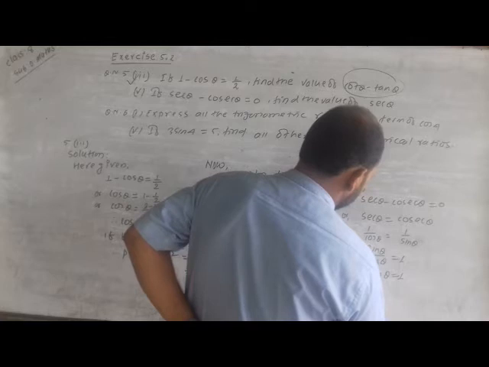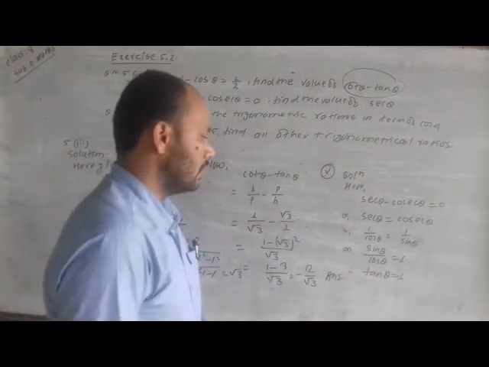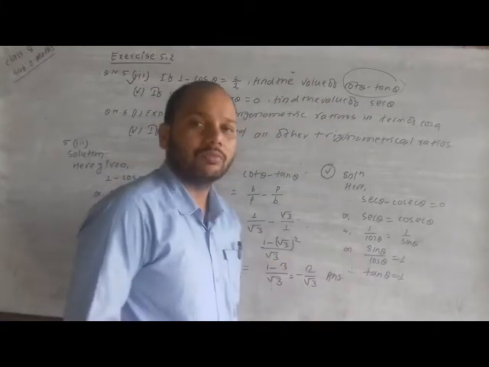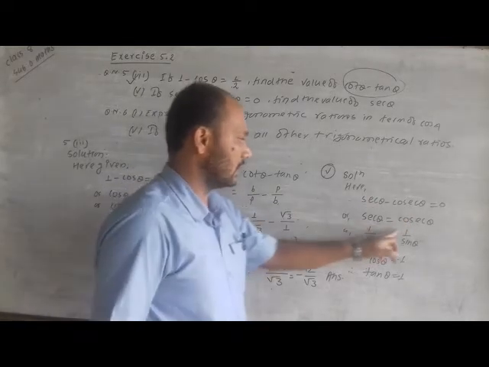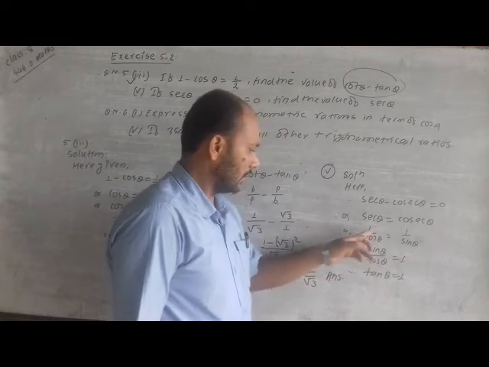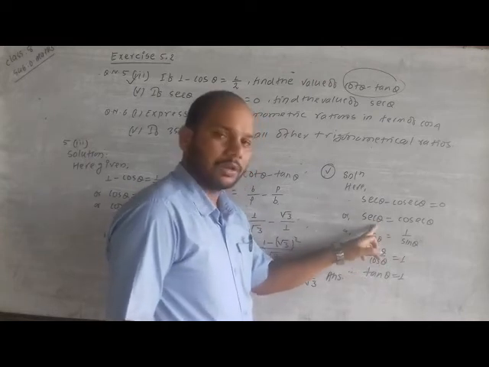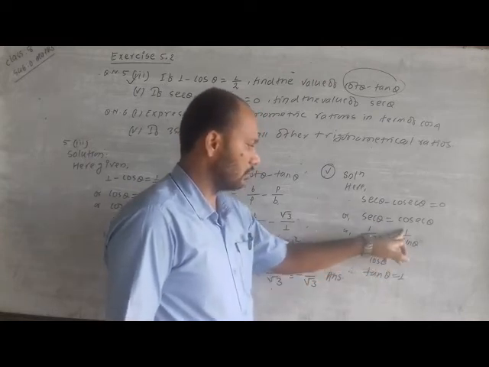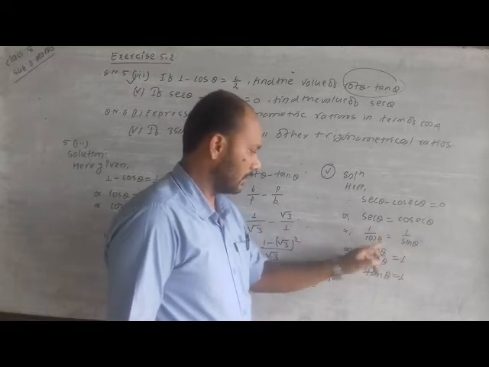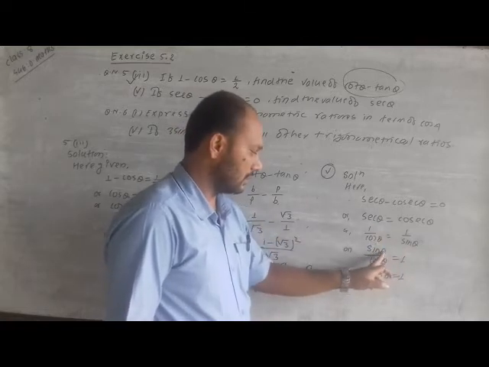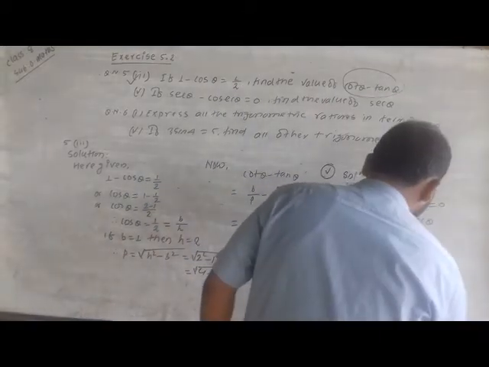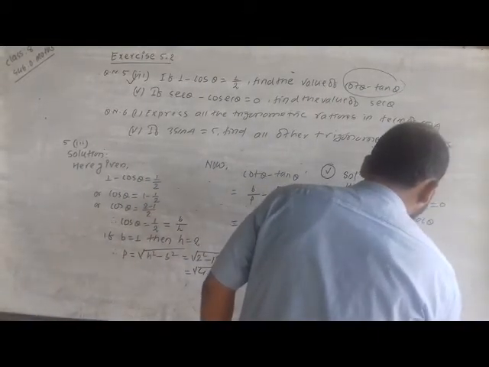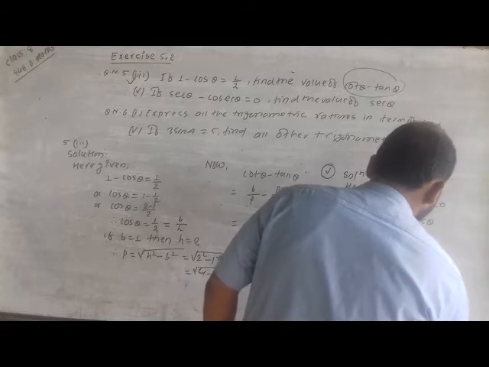You know, first you should find from here the value of tan theta. Here sec theta minus cosec theta is equal to 0, so sec theta is equal to cosec theta, and the formula of sec theta, 1 by cos theta, is equal to 1 by sin theta. Cross multiplying, we have sin theta by cos theta is equal to 1. So sin theta by cos theta represents tan theta, and when we have the value of tan theta, write it in the form of 1 by 1, which is equal to p by b.